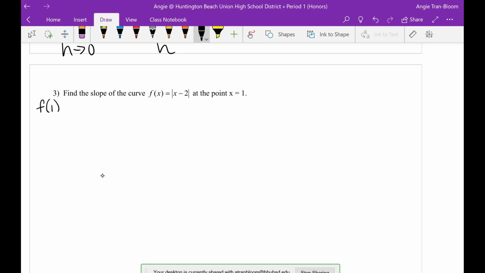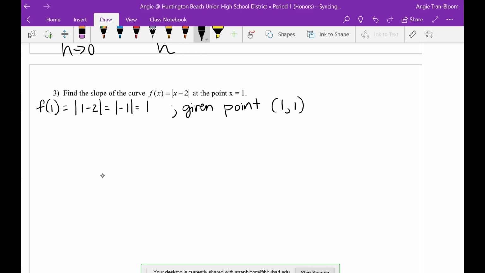So f of 1 is absolute value 1 minus 2, which is going to be absolute value of negative 1, which is really 1. So the given point is (1, 1). Then find the slope of the curve at a given point. Formula is,